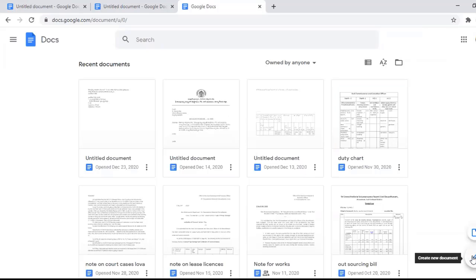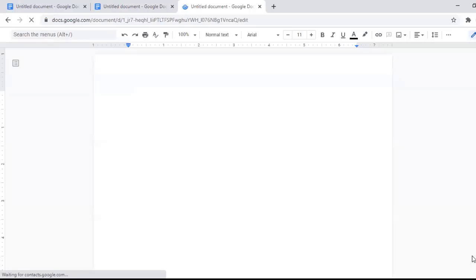You just go to the plus button and click on it, and you can see the Google document has been opened, isn't it? So this is how we are going to open the Google documents in two different ways. Understood? Yes.